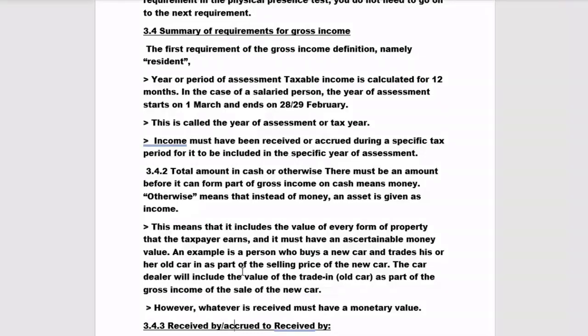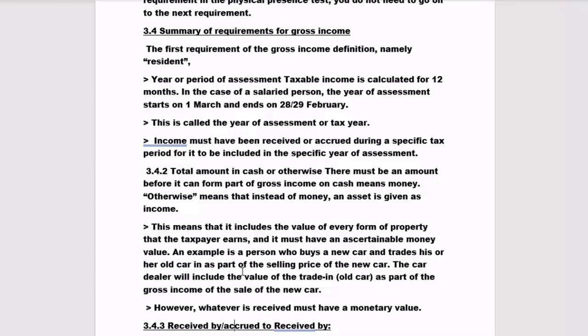It further says that it is the total amount received in cash or otherwise. There must be an amount before it counts as gross income, cash meaning money. Otherwise, instead of money, an asset is given as income. If an asset is given as income, what we do is monetize it. We have to determine the market value of that asset,